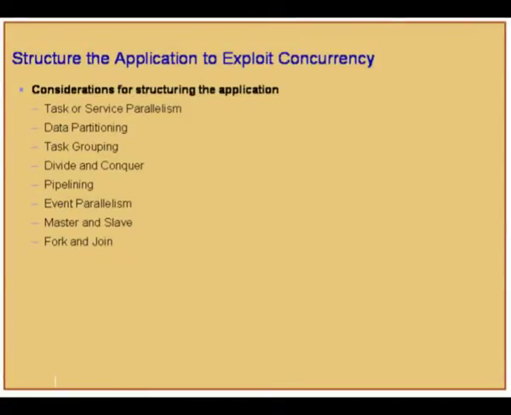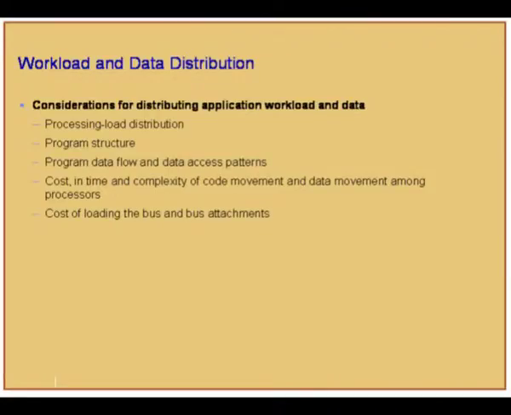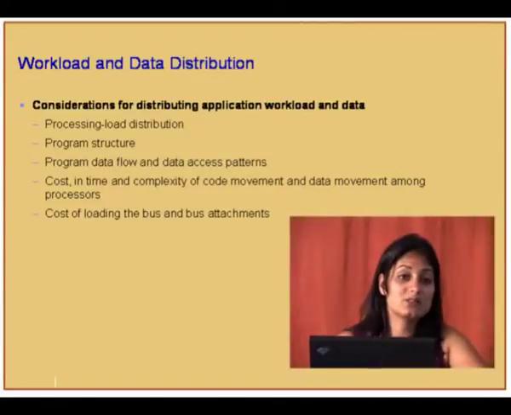There are several considerations, right? Task or service level parallelism, data partitioning, task grouping. How can you group the tasks together? Divide and conquer, right? Divide it into several tasks and see, assuming that there are fewer dependencies between these tasks, it can be a very effective end result. So it could be a master-slave, it could be a fork and join. So, considerations for distributing application workload and data: processing load distribution, the program structure, data flow, data access patterns. Observe